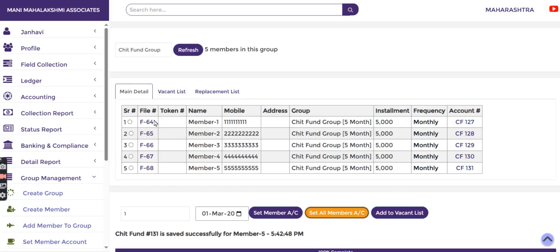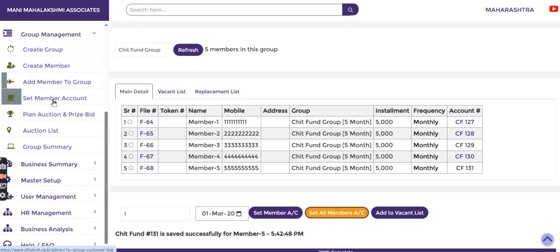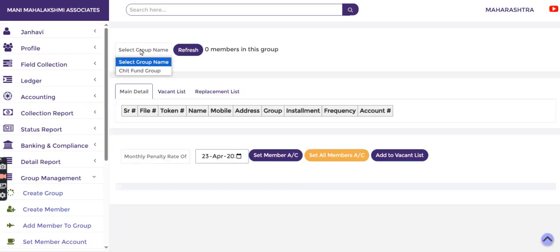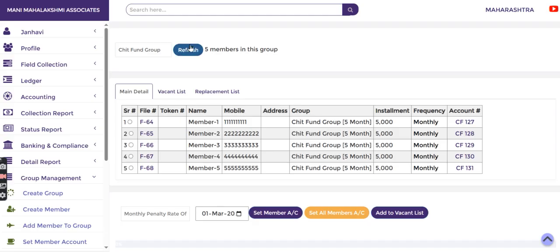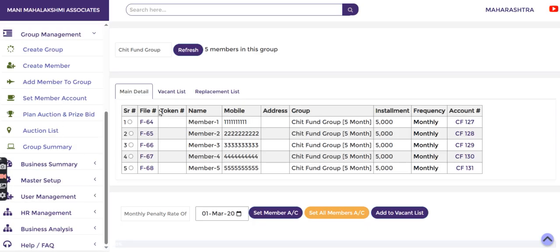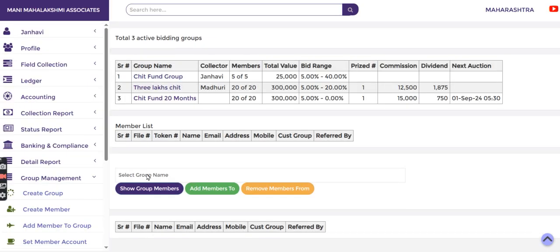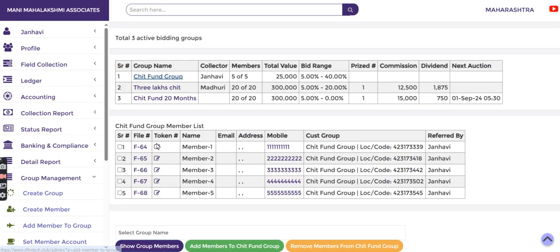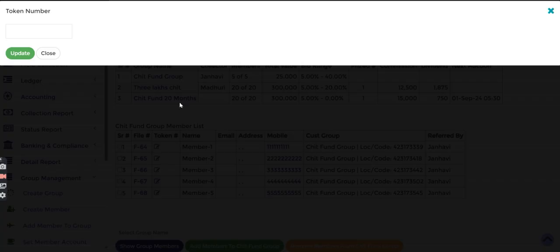Now you can just go to the group management and set member account again. Just click on the chit fund group and refresh. So here, this option you can see, token. So when you add members to the group, like from the chit fund group, from here we can generate the token number. So from here we need to set the token number, like let's say the token is